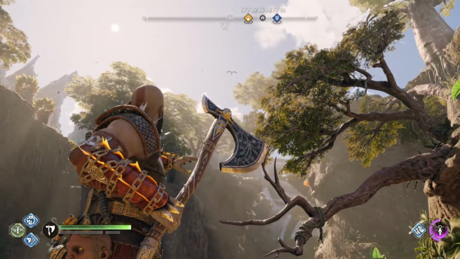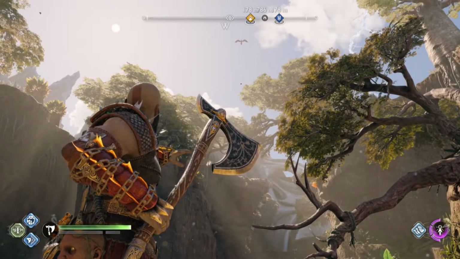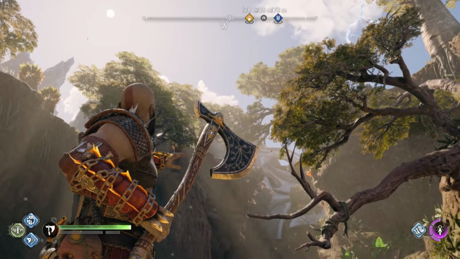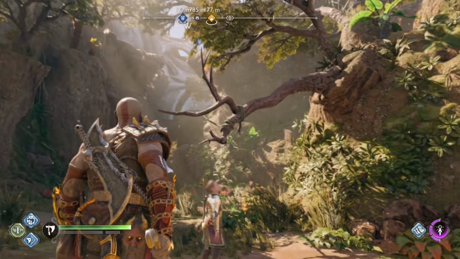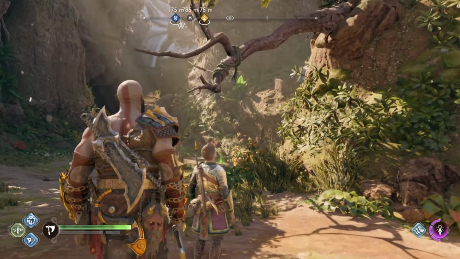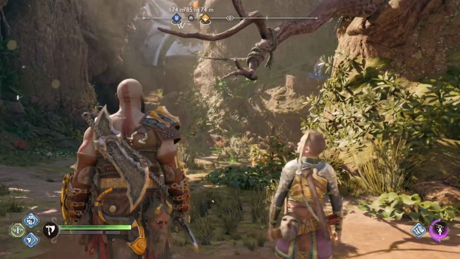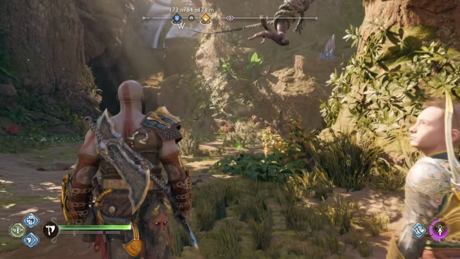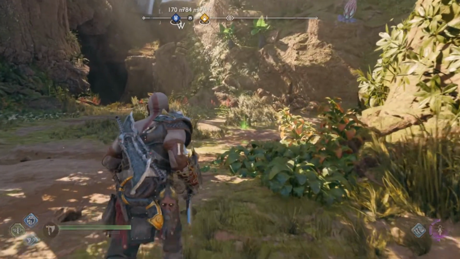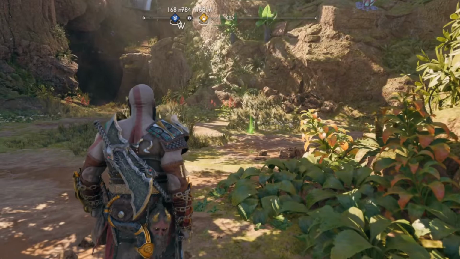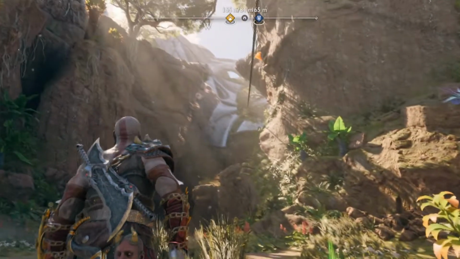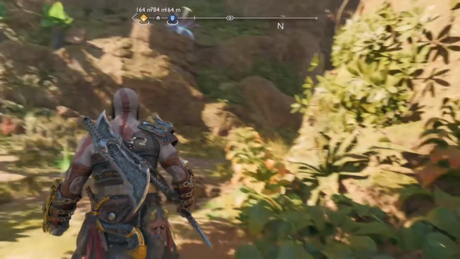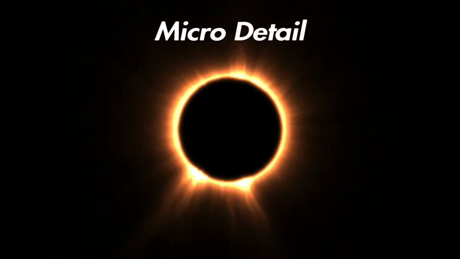But look at the environments. They have their own type of vibe and flavor and complexity. You know, obviously these plants and stuff like that move. You have the particles of the seeds, dandelion seeds and things of that nature. Kratos and Atreus is super detailed here as well. Particles in general with this Santa Monica's engine is serious in this game. But I mean, you can look at this.